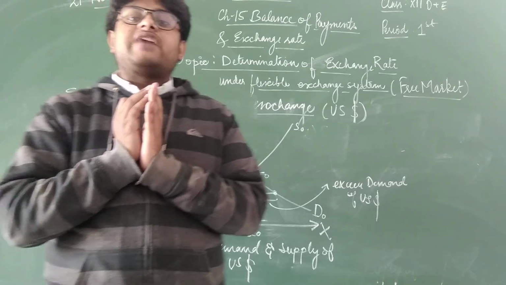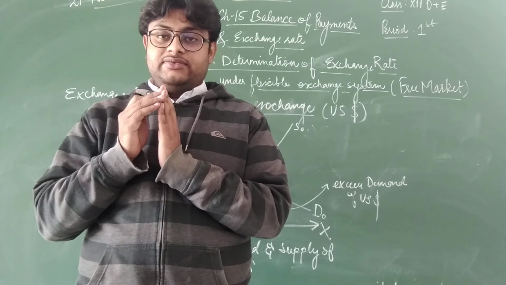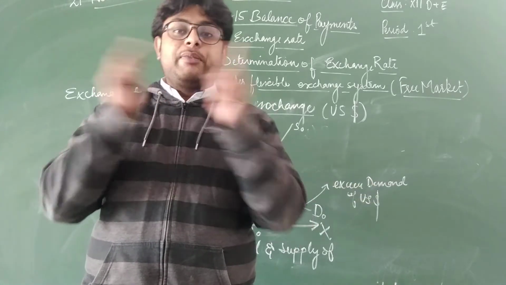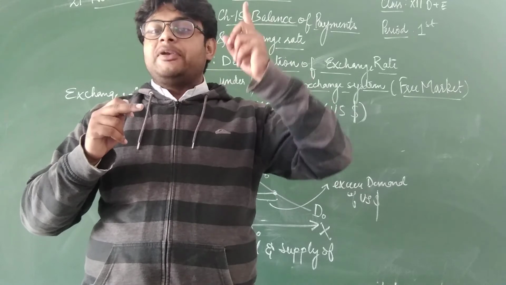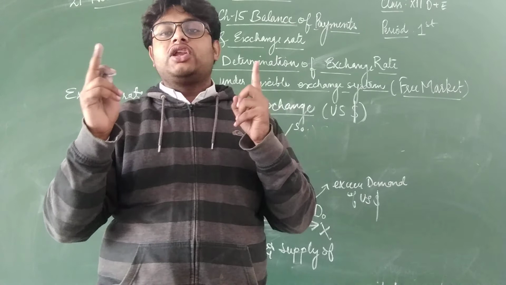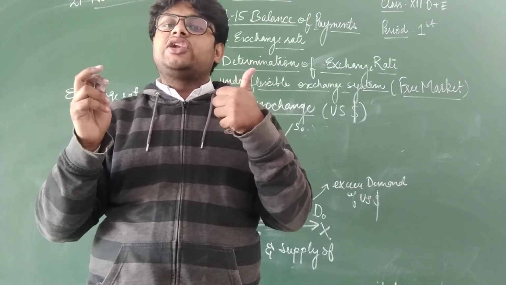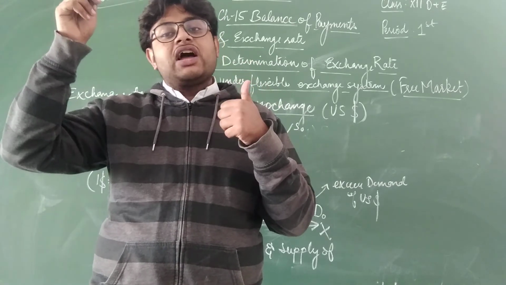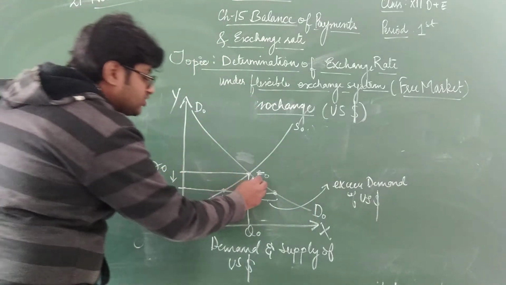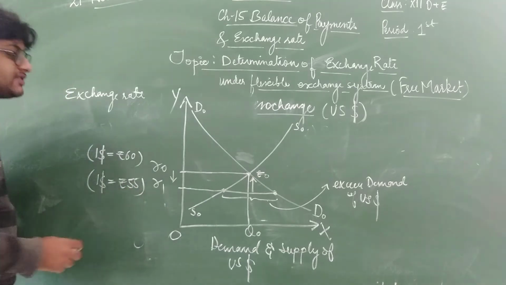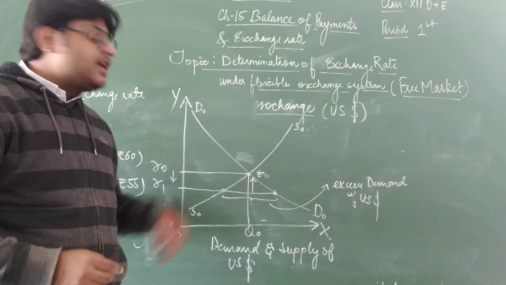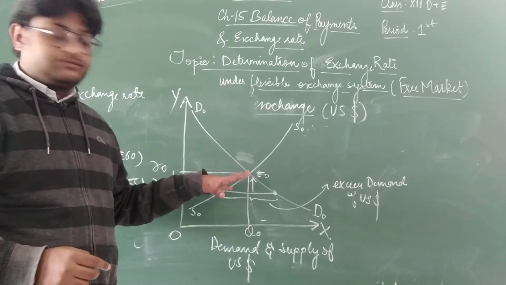अगर US डॉलर की वैल्यू अप्रिशिएट हो रही है इंडियन रुपी के साथ, तो इंडियन रुपी की वैल्यू डेप्रिशिएट हो रही होगी. अपोजिट होता है, अगर एक करेंसी की वैल्यू अप्रिशिएट हो रही है तो उसकी अपोजिट करेंसी की वैल्यू जो हम डिस्कस कर रहे हैं वो डेप्रिशिएट हो रही होगी, और एक अगर करेंसी डेप्रिशिएट हो रही है तो उसकी अपोजिट करेंसी हमेशा अप्रिशिएट हो रही होगी. Remember this. Alright, so the exchange rate will start increasing. That means the value of the US dollar will start appreciating until the equilibrium is restored.